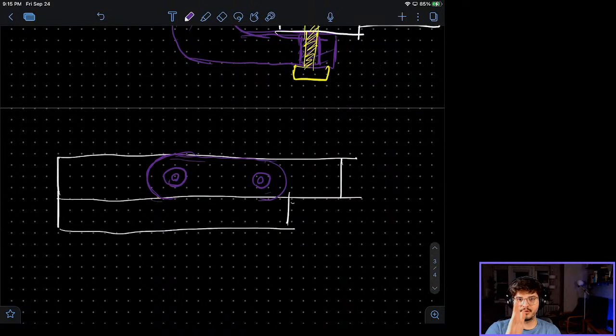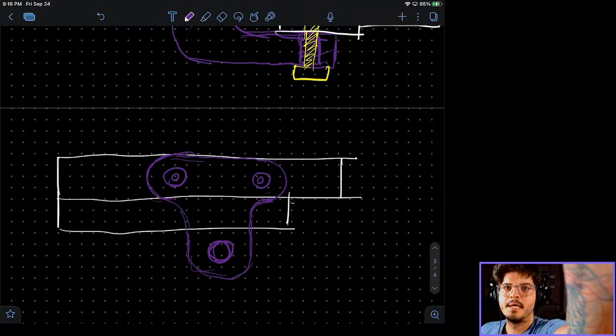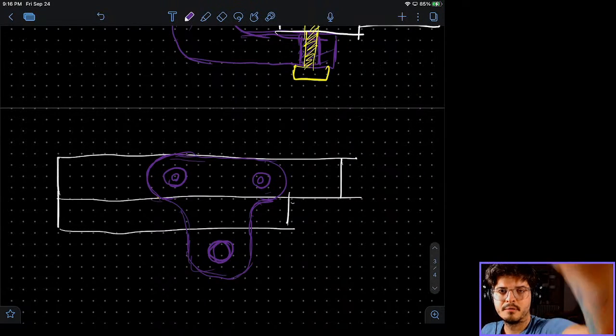Now I need it to tilt up and down. So this part needs to come down just below the pipe, so that I can actually fit this knob. So if that's the case, that needs to be like right there, and I can tighten the knob.